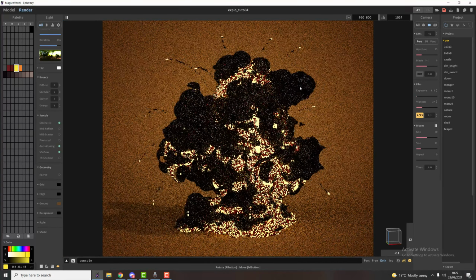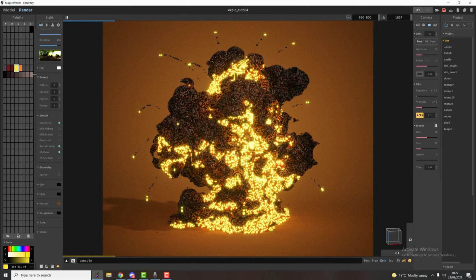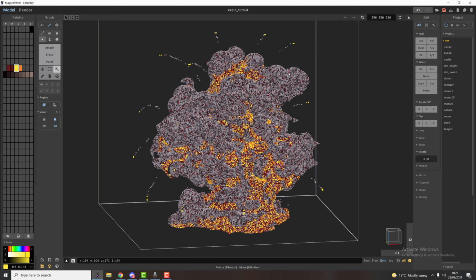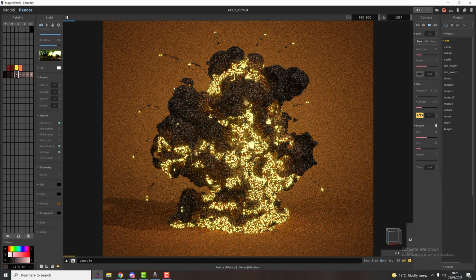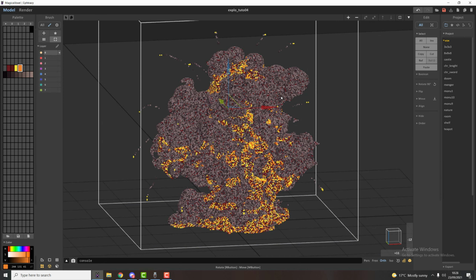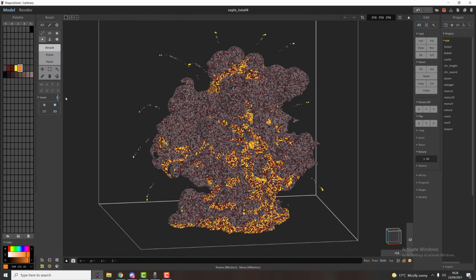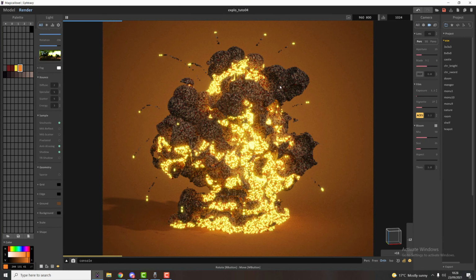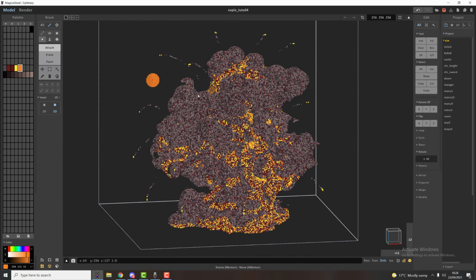And now that we have this, it's all about continuing to tweak it. Maybe you don't like that it is so dark here, so you could, for instance, select all of the colors again and just randomize with less of the darker ones, and you will have a lighter smoke. You could even just paint back some of the light in parts that you think maybe went too dark. Like if we go here, maybe we can have some fire in these two bits, let's say, right? So just go to paint and paint some of that here